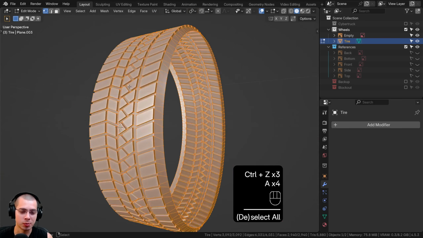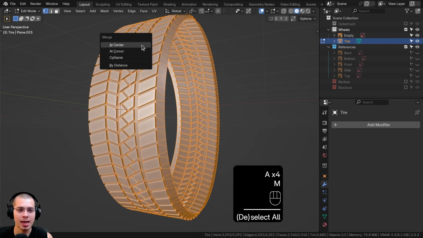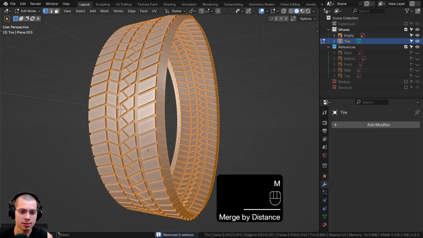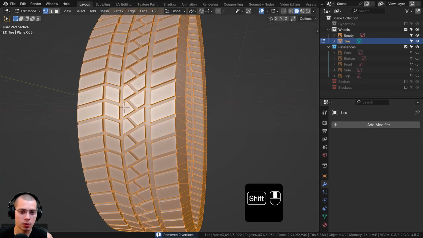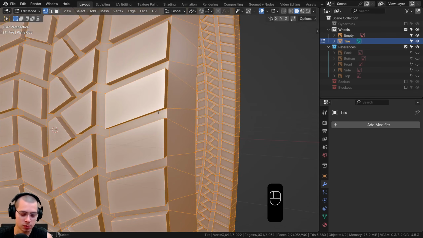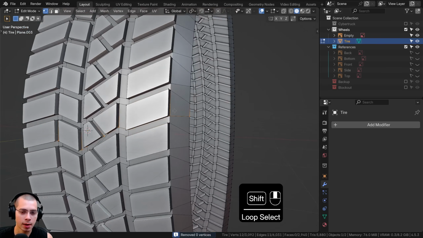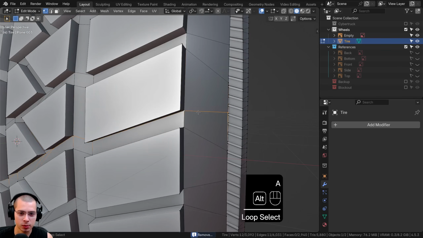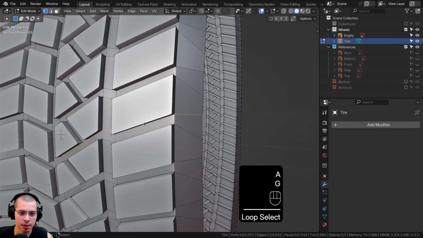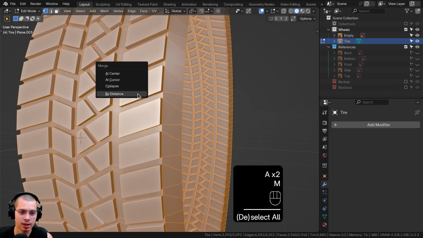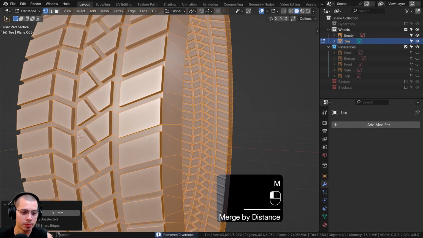Now what we want to do is select everything and hit M, and we're going to merge by distance just to make sure it merges any overlapping vertices. But you can see it says removed 0 vertices. However, if I hold down the Alt key and select that loop there, you can see there actually are overlapping vertices. So if we select everything and merge by distance, we want to open up the merge by distance panel, and